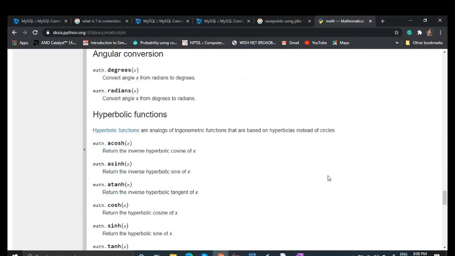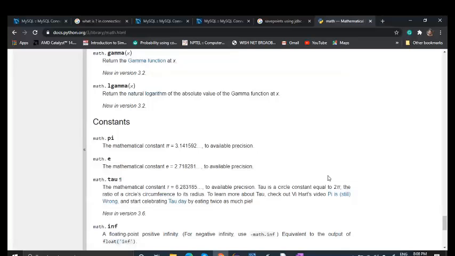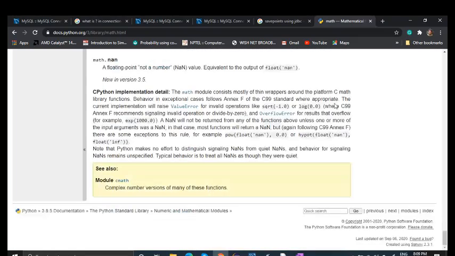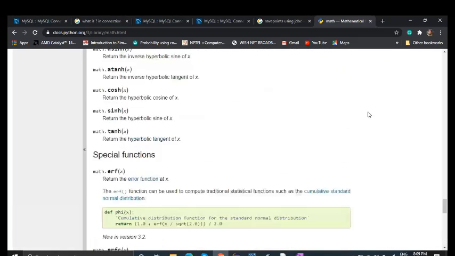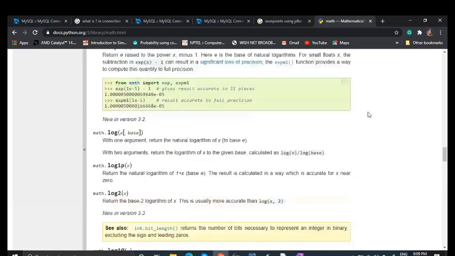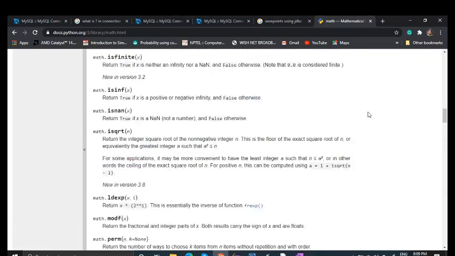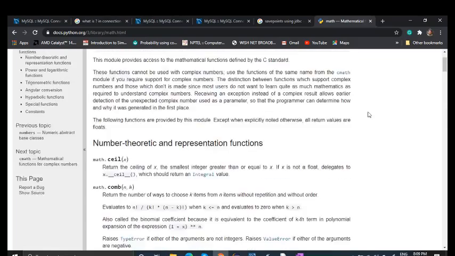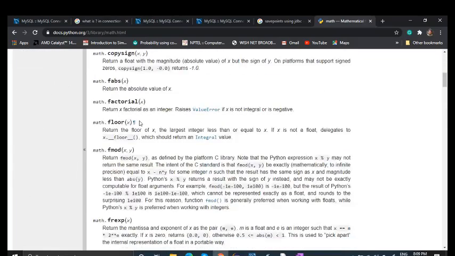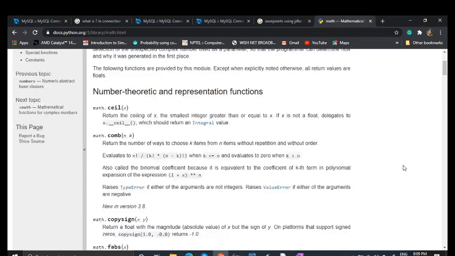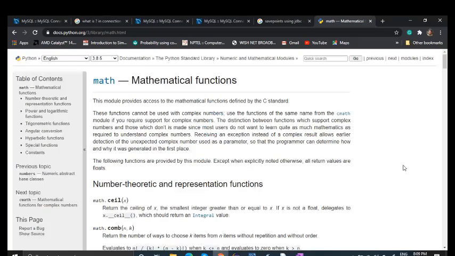There are many functions out there, and the best option is to see your book. And there are constants also available, for example math.pi, math.e, math.tau, math.inf, right? There are many constants which you can use in Python. Fine. Having fun with this, you can find the factorial, the floor, the fmod, the frexp, right? Okay. I will teach you a few of them, but not in this class, not today.